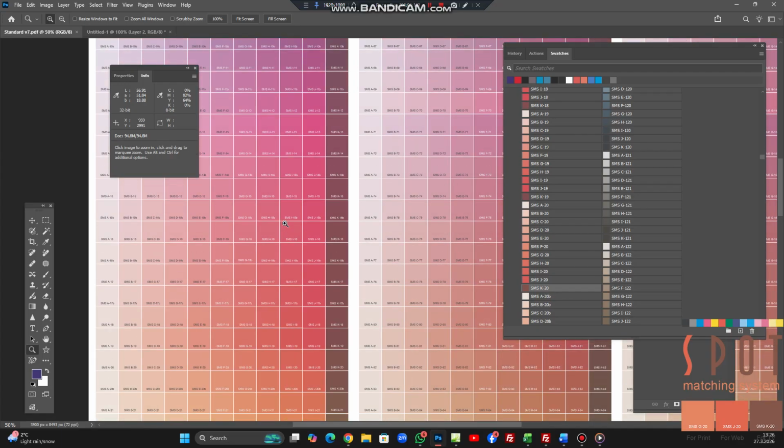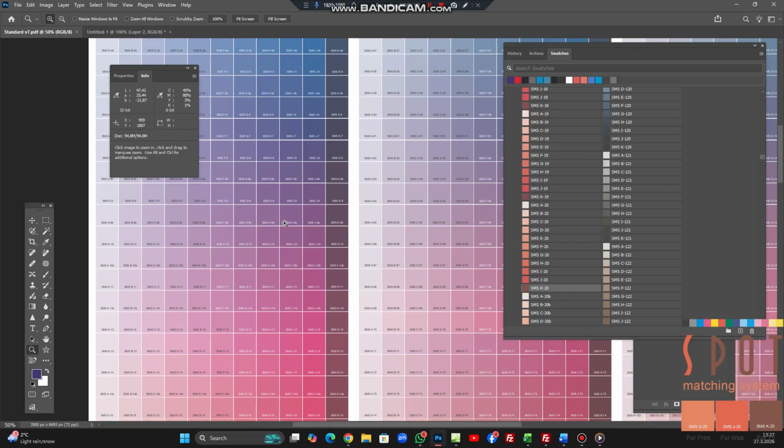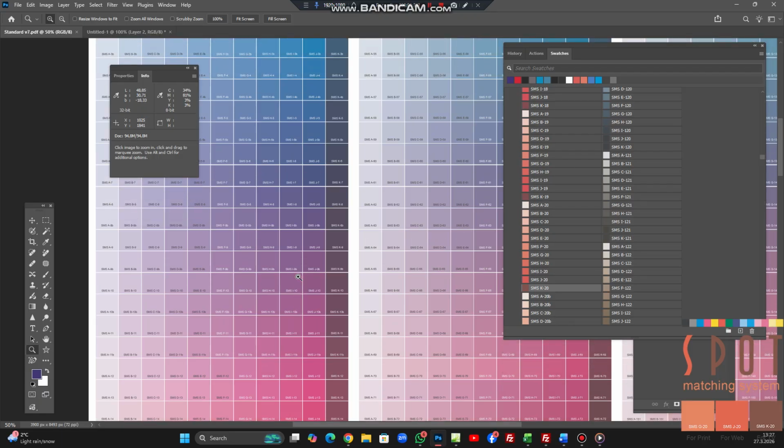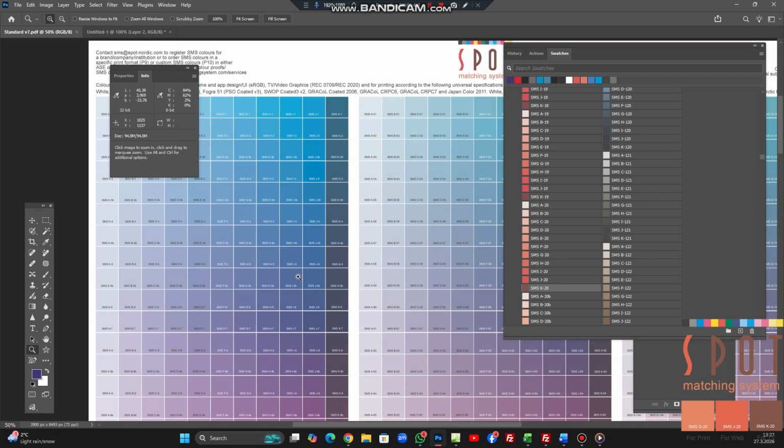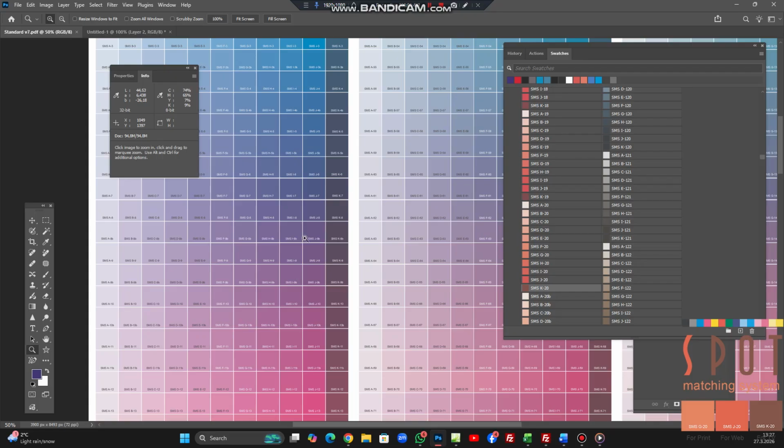So what you can do is to actually mix and make your own SMS standard color. The only thing you need to make sure of is to only use the color space of the SMS standard color palette. And what you do basically is that you open your